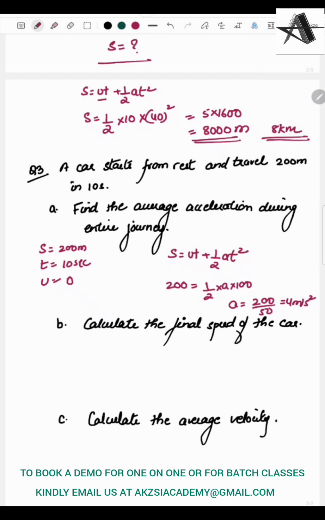Calculate the final speed of the car. Which two equations of motion have initial and final speed? v equals u plus at and v squared equals u squared plus 2as. We have both, and fortunately in both of these equations, v squared equals u squared plus 2as, v equals u plus at,